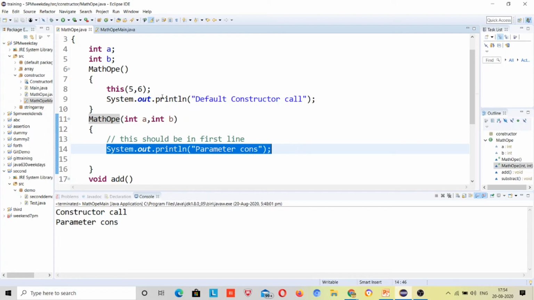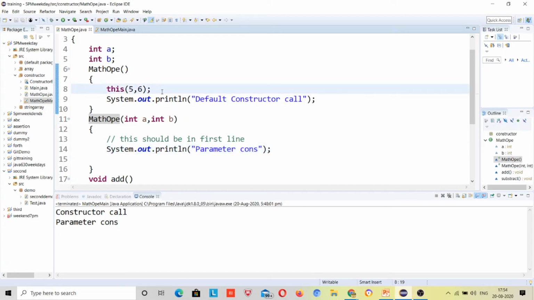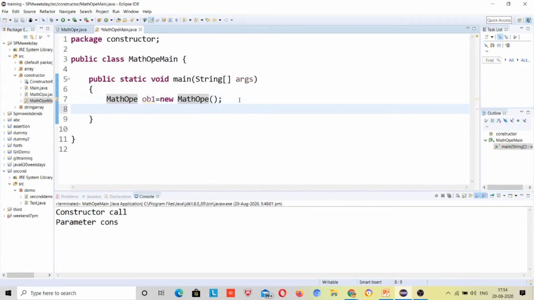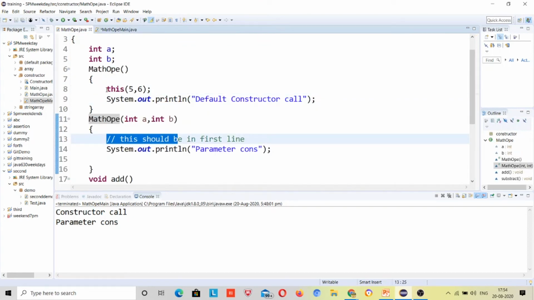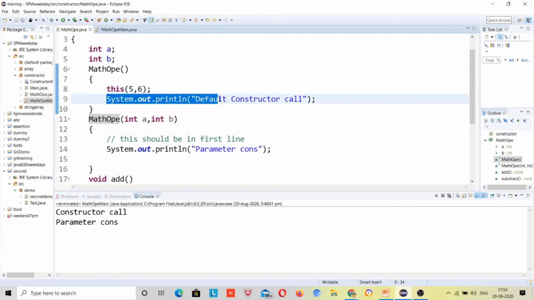Second thing, I have seen that after this line there is no code written, so where will it go back? It will go back from where it came, right? Suppose there is a way I came, that is the only way to go back in Java or any programming language. First it will go back to here, and only then it goes over here to execute other lines of code. Just because it came here after this keyword, it goes back to execute the next line, then it printed the default constructor call.